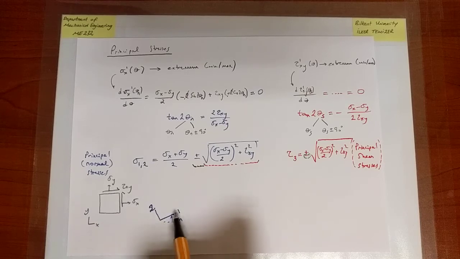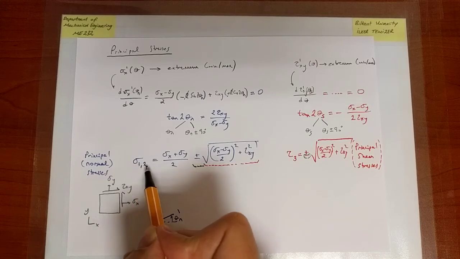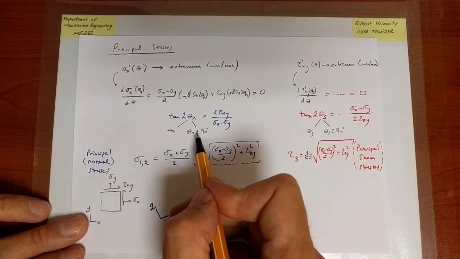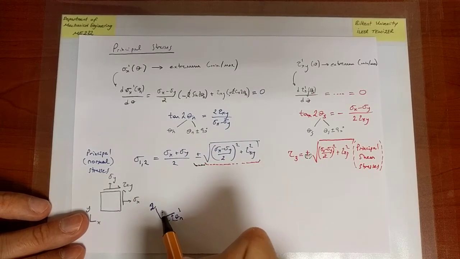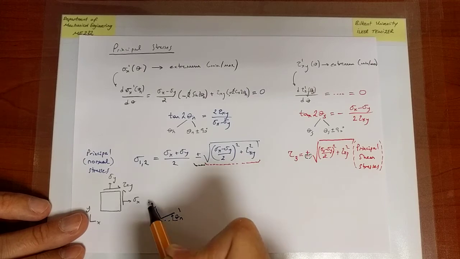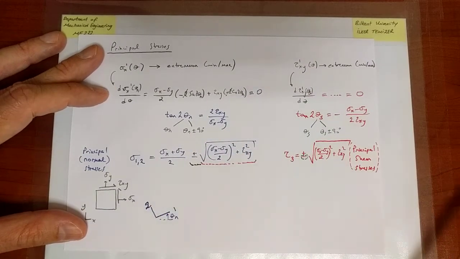How do I know that there are 2 axes that are called 1 and 2? Because those are my principal directions. On those directions there will be stresses 1 and 2, and those directions differ by an angle of 90 degrees. So I know that those are the 2 special directions: one and another one that differs by pi over 2. And therefore, I can go ahead and on that picture, I can draw a new